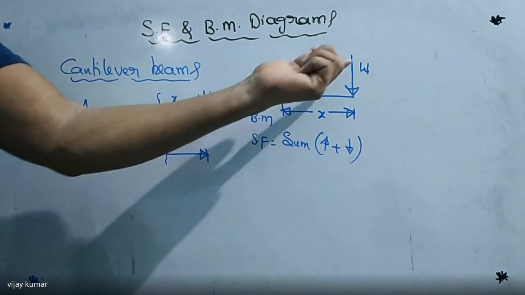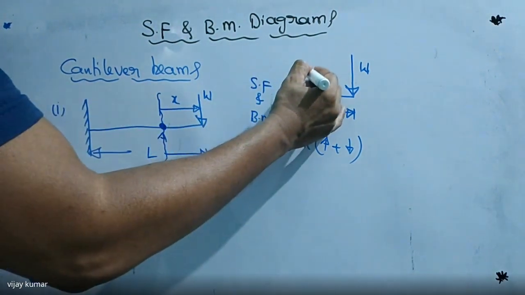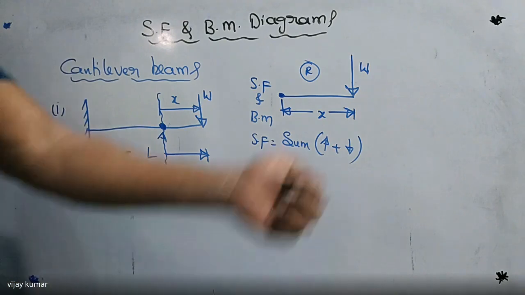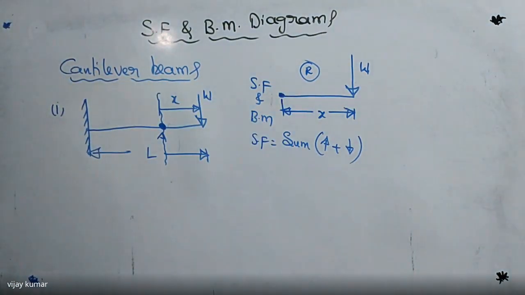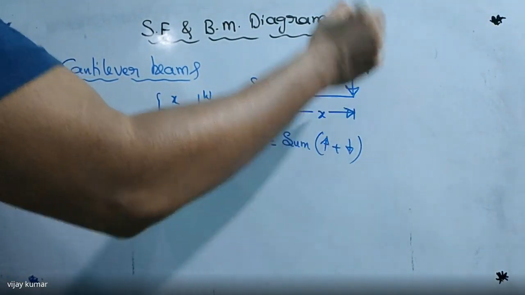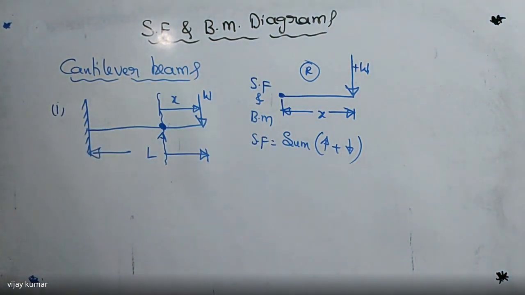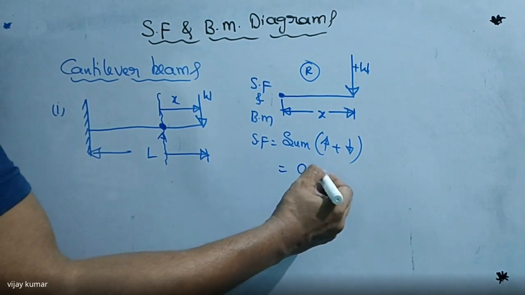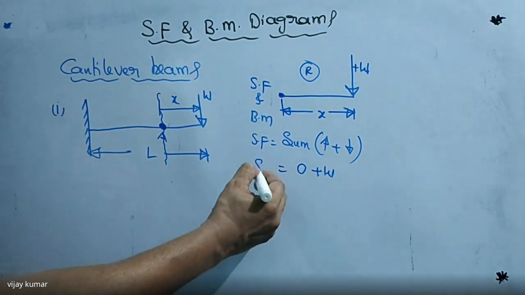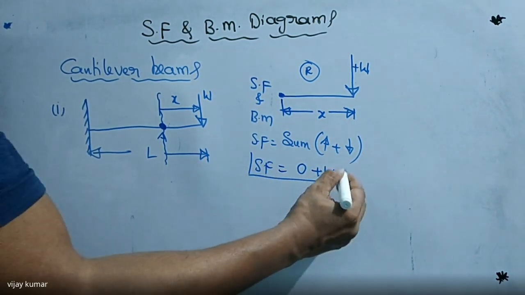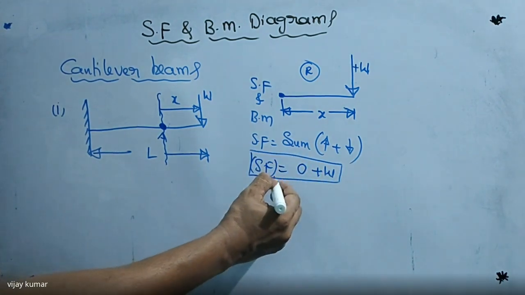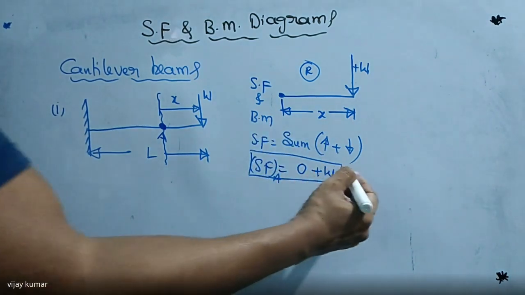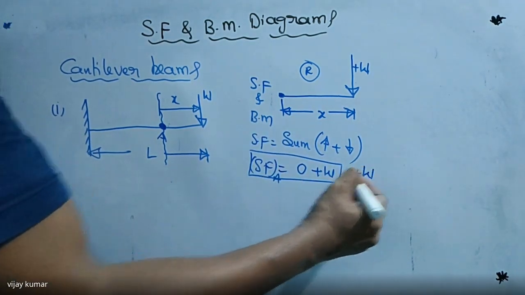How many downward forces? One. So this is the right portion. Is it right or not? I have already told you the sign convention of this force. Is this force positive or negative? This force is always positive, since it is moving in the downward direction. In case of shear, upward is 0 and downward is plus W. So the shear force at point A is equal to how much? That is W here, and it is positive.